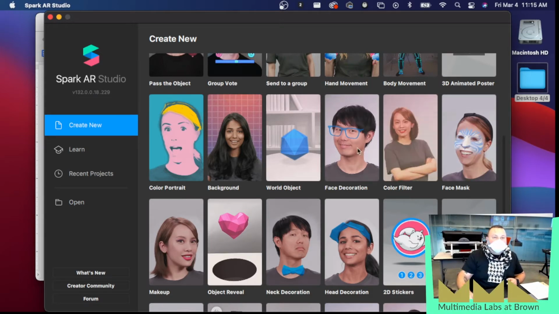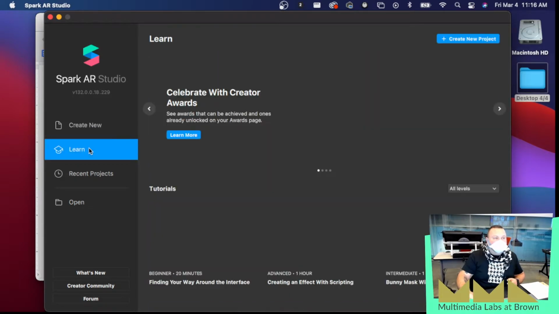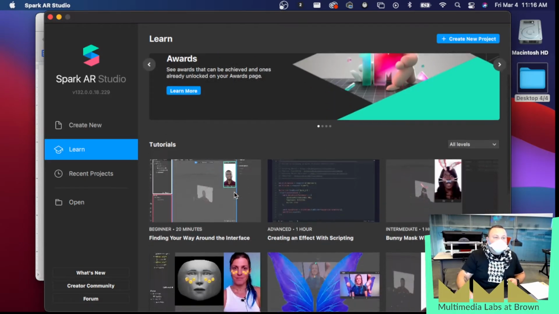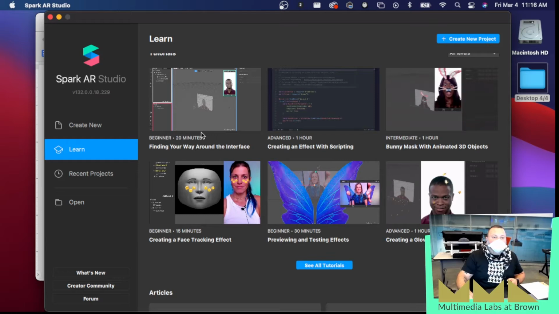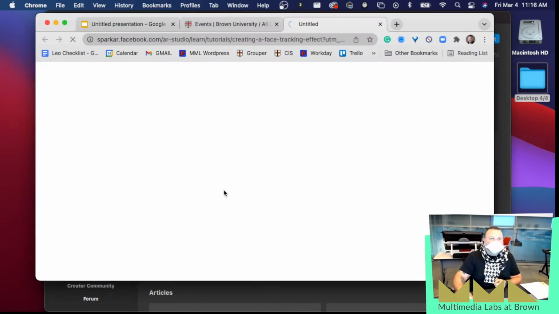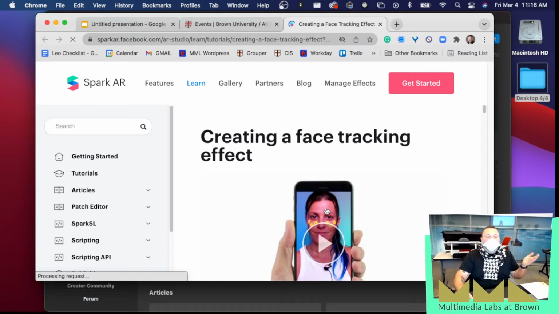Another great thing is that a lot of these templates come from their tutorials. So if you go over here to Learn, you'll see that they have a bunch of different tutorials, and they also label these tutorials based on whether you're beginner or intermediate, and give you an idea of how long it will take to look through some of these things. So I'm actually going to click on this beginner creating a face tracking effect, and it will open up the